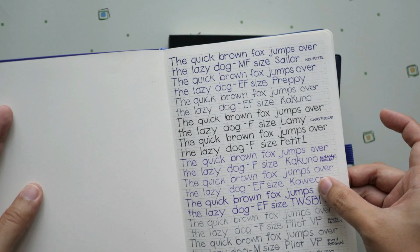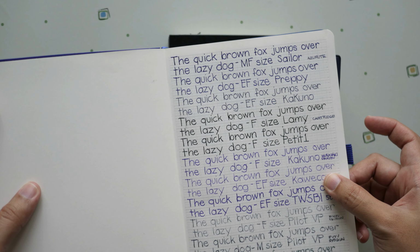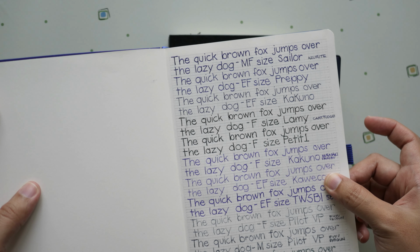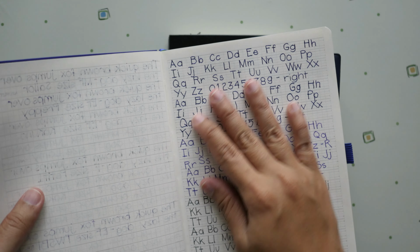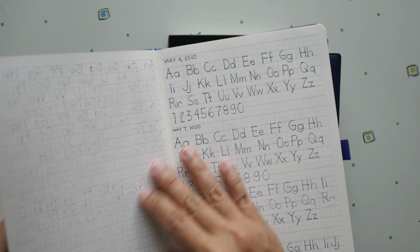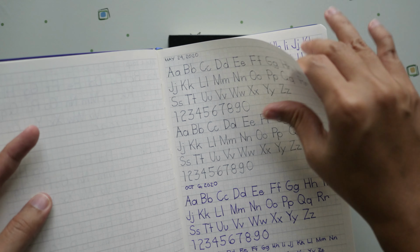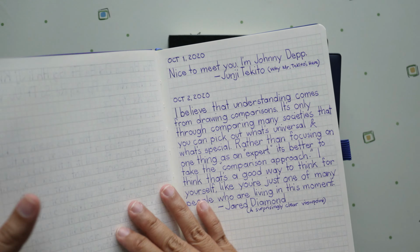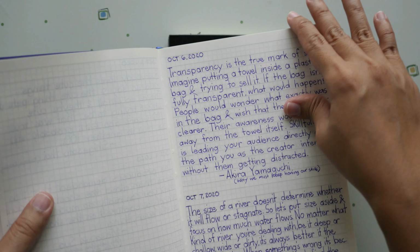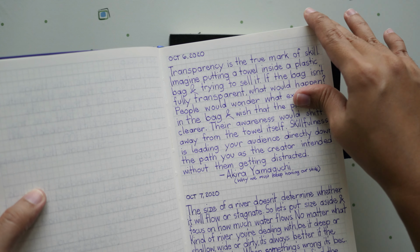So we all know the famous line, "The quick brown fox jumps over the lazy dog," where you're able to write all of the letters of the alphabet. And you've got the alphabet. I try to practice them certain days. And then as I move over a couple of pages, when I did Handwrite-tober for the month of October, I